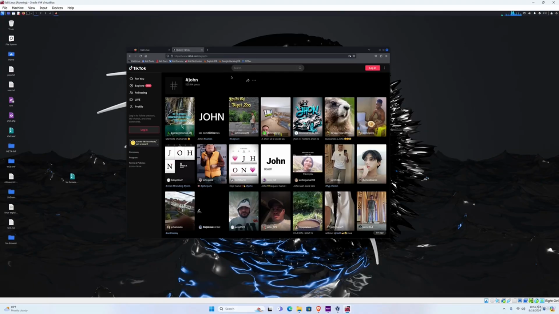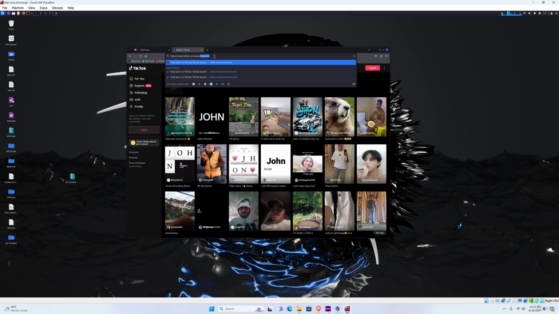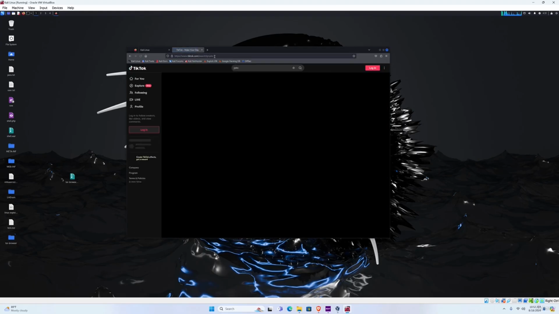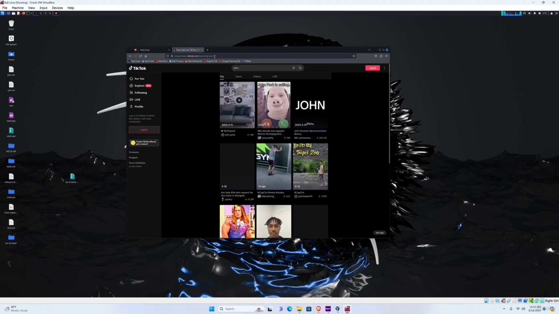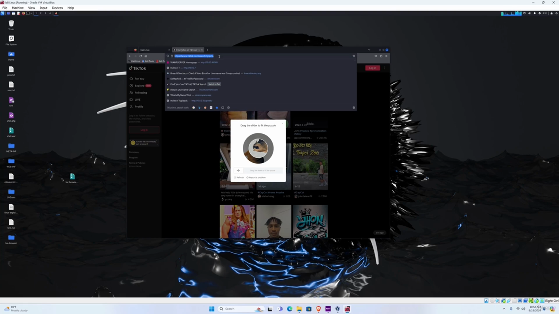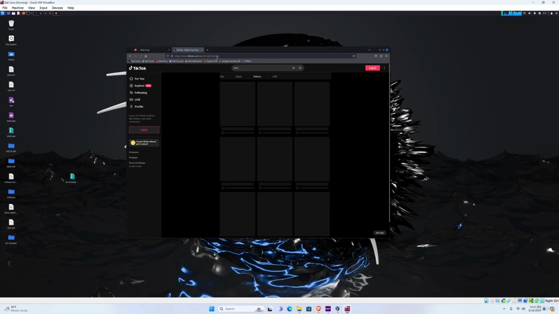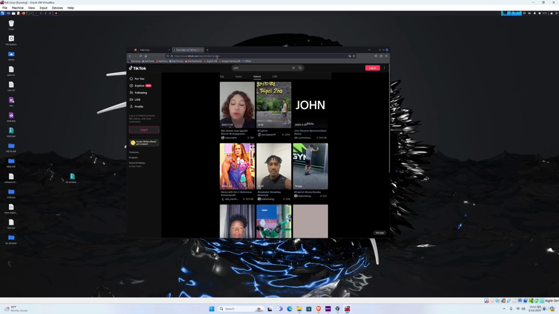Also, as we mentioned, the search field on the TikTok can be unreliable. So instead, we can formulate a URL with the search terms. We can do that by typing /search?q=John, or whatever we want to search for. And if you, for example, want to isolate this search to only display videos which include the name John, we can do this instead. So search/video?q=John. And now we should only see the videos that have John inside of it.